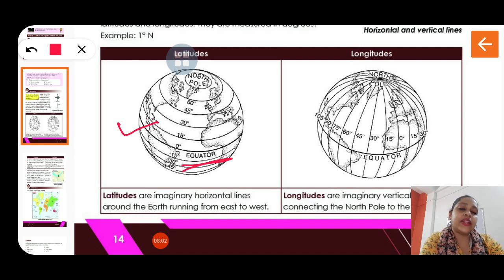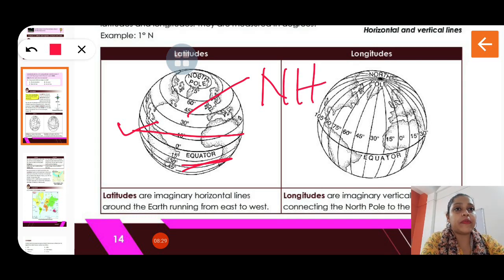Now this equator, in this picture it's not shown clearly, because this picture is actually taken a bit from above. Okay, if it's taken from the front, then you will see that the equator is drawn from west to east, and it's a latitude, okay, and it runs through the center of the earth, and it divides the earth into the northern hemisphere and southern hemisphere.